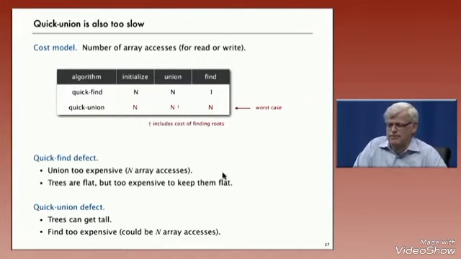The defect for quick union is that the trees can get too tall, which would mean that the find operation would be too expensive. You could wind up with a long skinny tree of each object just pointing to the next, and then to do a find operation for the object at the bottom would involve going all the way through the tree, involving n array accesses just to do the find operation. And that's going to be too slow if you have a lot of